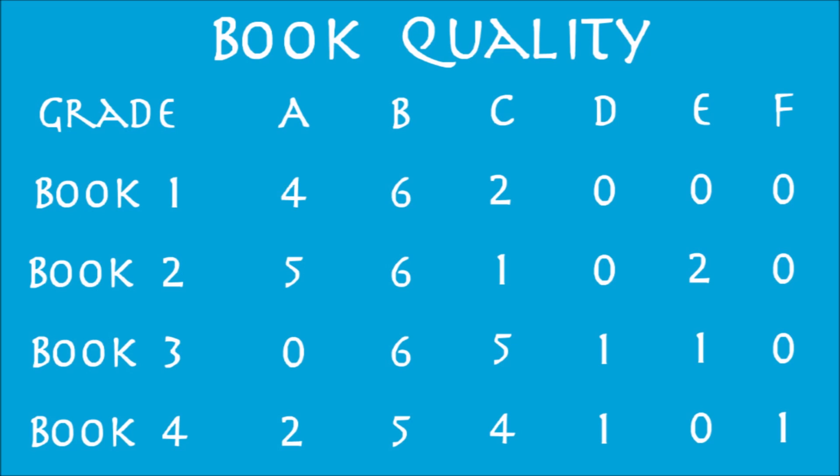So that's just literally changing that 2 to a 1 and adding 1 into the D category. The fact that it just doesn't have anything in E and F really speaks to the overall quality of that book. Going into book 2, 5 episodes in the excellent tier really shows how well, when book 2 was on,